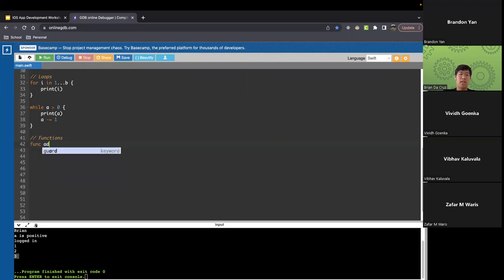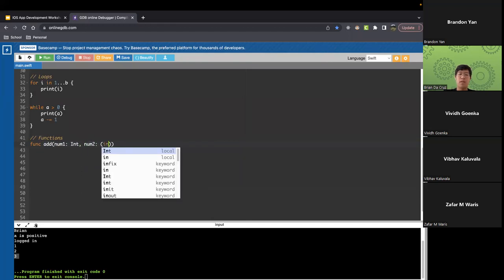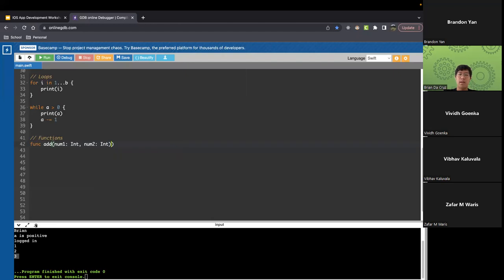name of the function. So let's say you want to add 2 numbers, for example. I can create this function over here, add, and then in parentheses are going to be the parameters. So let's say num1 is going to be an integer data type. You have to specify the data type that you want to assign to this parameter. And that's the first one. Let's say num2 is going to be another integer. And then after that, outside the parentheses, you might think that, oh, normally in C++, for example, you might have the return type, what your function is returning, in front of the